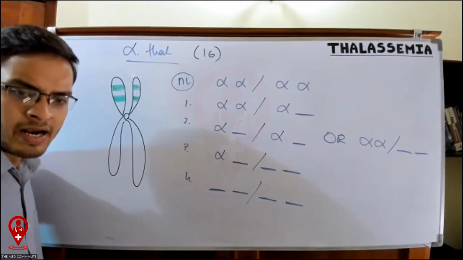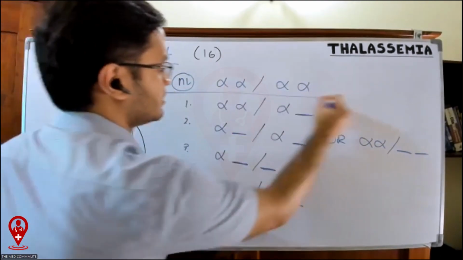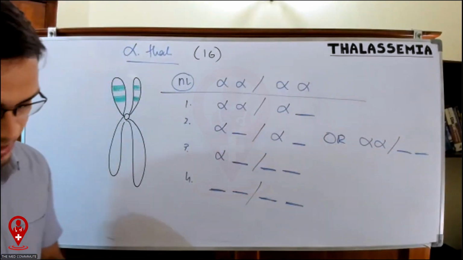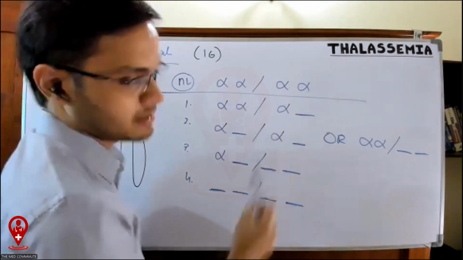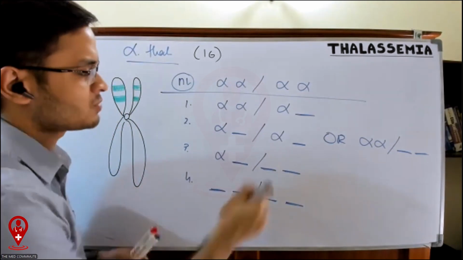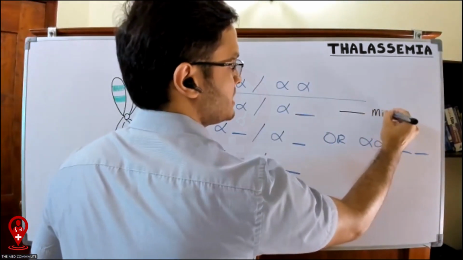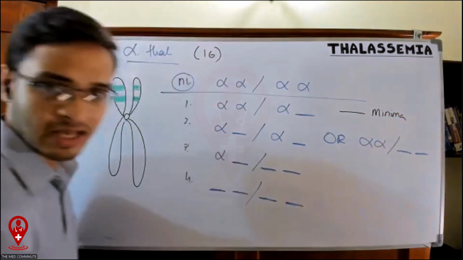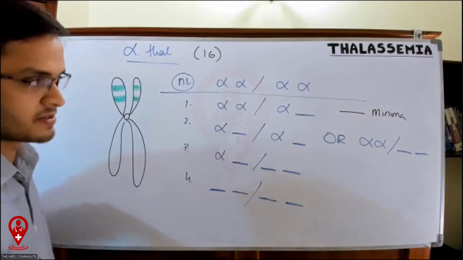Gene deletions. Now, what do I want you all to understand? This is the normal one. Right. What do I want you all to understand here, guys? The first one here, guys, this is one gene deletion. We call this alpha thalassemia minima, right? Alpha thalassemia minima, right? The second one, when there's two gene deletions,